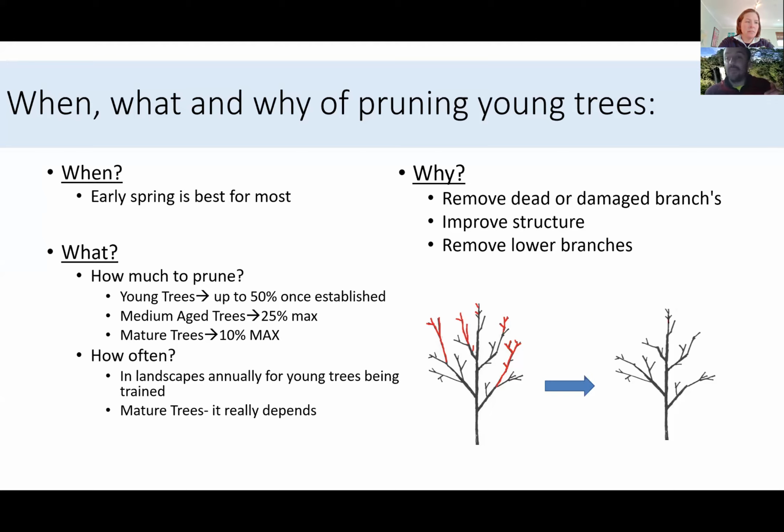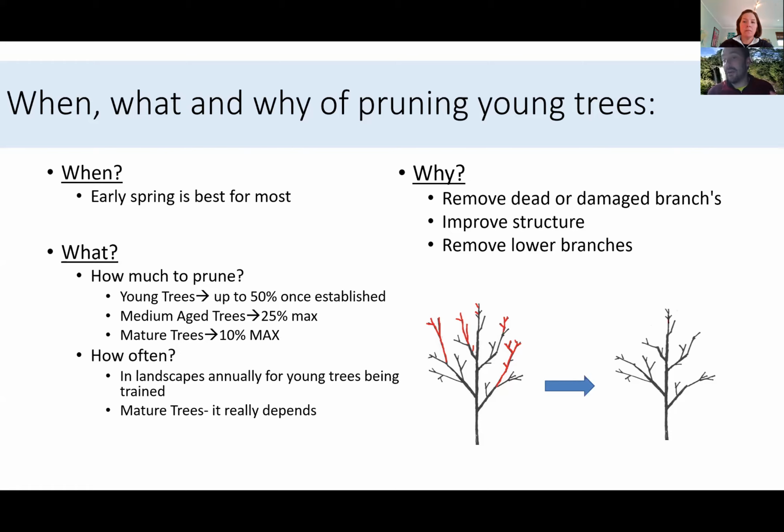When we're doing that, we want to be very careful that we're not spreading the disease further on our tools. Generally, the safest time to remove fire blight infested branches is in the winter when the disease is dormant. I've read conflicting things about whether your tools need to even be sterilized in the winter. A lot of orchardists will tell you no. I go ahead and sterilize my tools in the winter just because I want to play it safe. When you're removing fire blight, there's a prescribed amount of inches, I think it's 12 to 18, and I remove the branch back at a junction with a healthy branch at least 12 to 18 inches below the visible sign of fire blight.